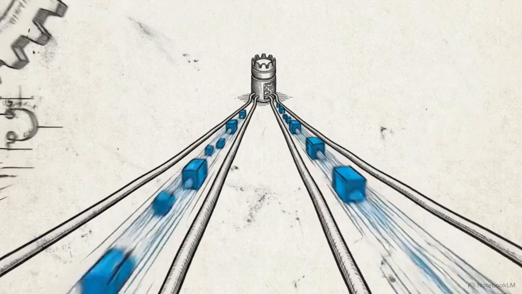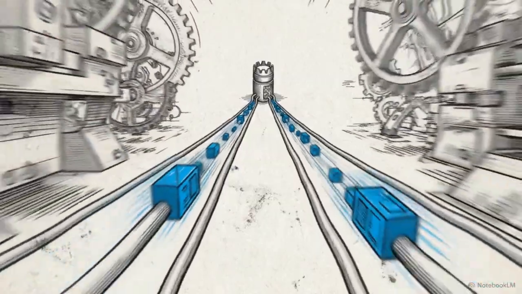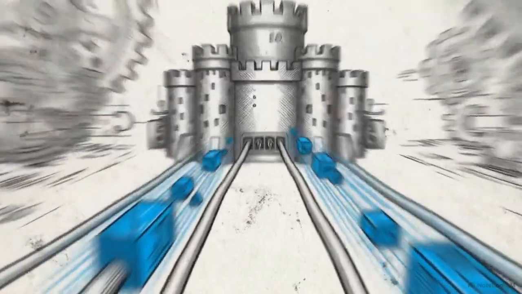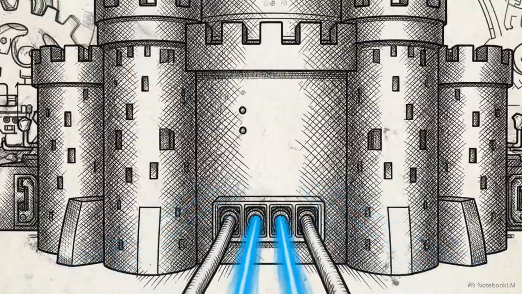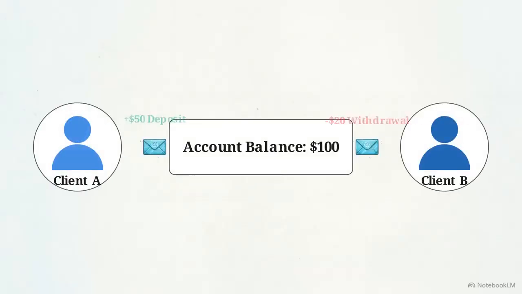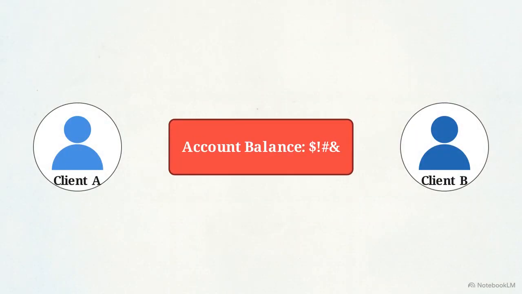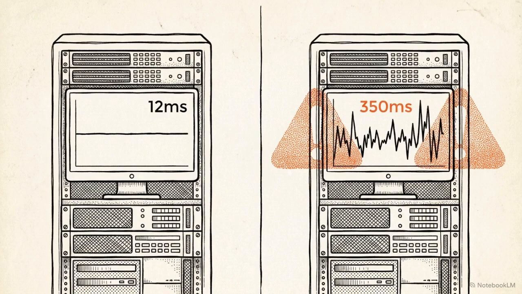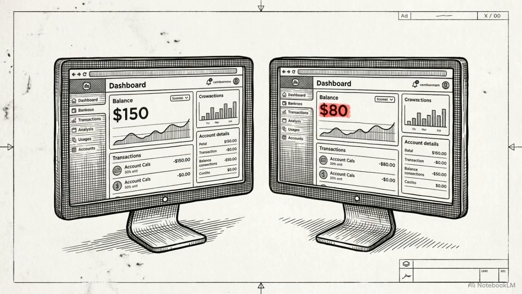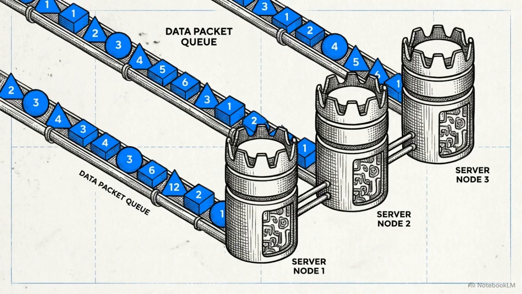If you allow multiple nodes to accept write requests simultaneously without strict coordination, you immediately invite race conditions. Two clients might attempt to update the same row on two different machines at the exact same millisecond. Because network latency is variable, these conflicting updates will propagate across the system at different speeds. The order of operations gets scrambled, and your replicas will silently diverge into irreconcilable states. The engineering challenge of database replication lies in establishing a single, deterministic order for data changes that every node in